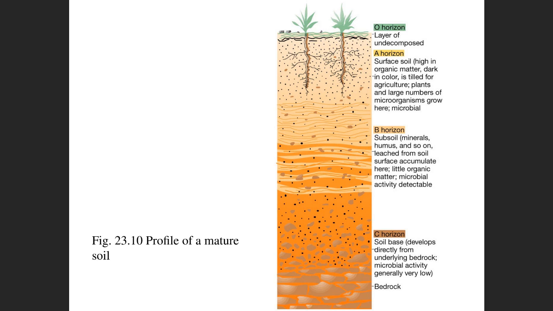If you go deeper and deeper, you can group it into different areas. And the first area on the top is where the most bacteria grow. Why? Most bacteria will be here,